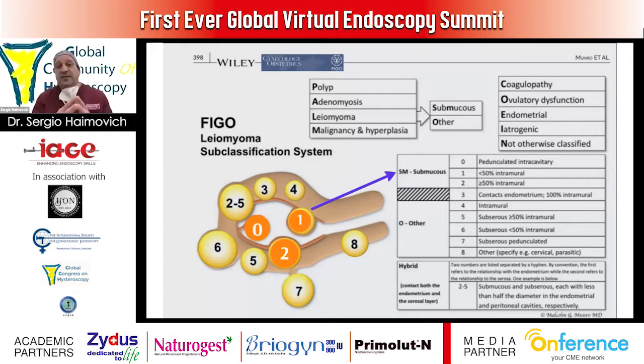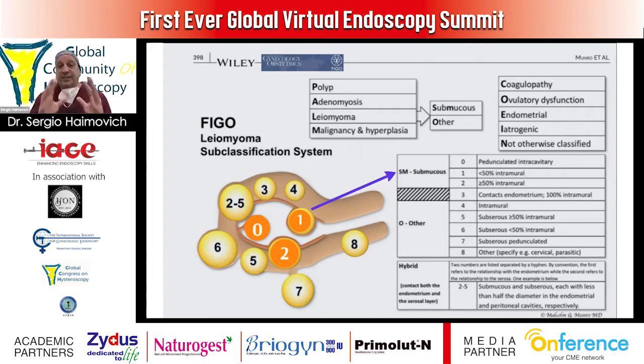So this is a classification regarding where the myoma is. But if we go to the STEP-W classification of Ricardo Lasmar, this classification gives us a score in order to know how difficult the hysteroscopic myomectomy is going to be. And in this classification, he takes into account not only, like here, the grade of penetration of the myoma inside the cavity, but also the size and in which wall the myoma is implanted. It takes many factors